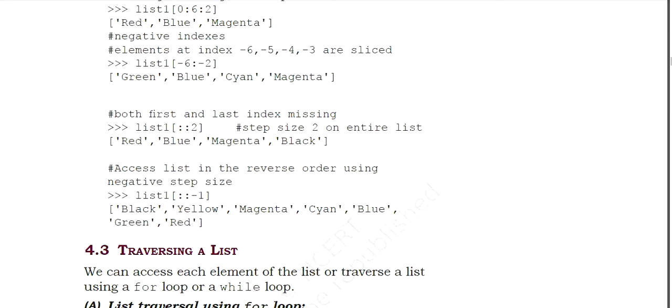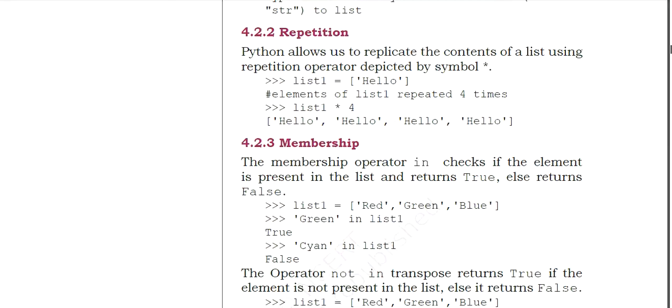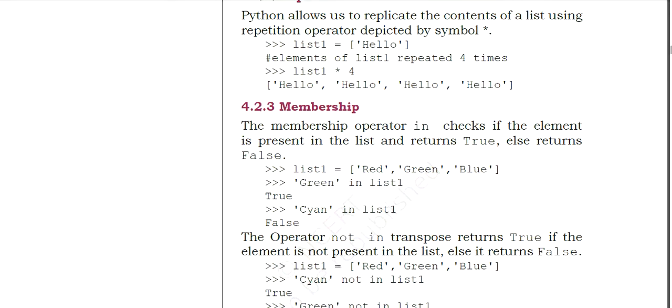Next operation is membership. So see here, membership means checking whether a particular element is present in the list or not. We can check it with the in operator. The membership operator in checks if the element is present in the list and returns true if it is present, otherwise it will return false. Okay, so see here we are having